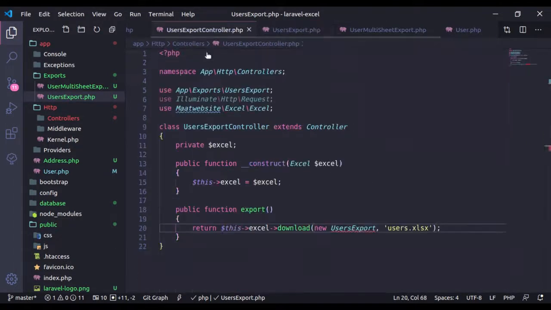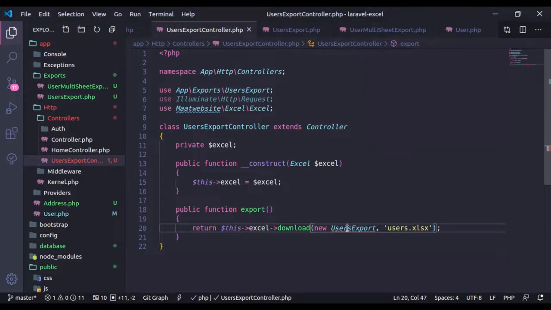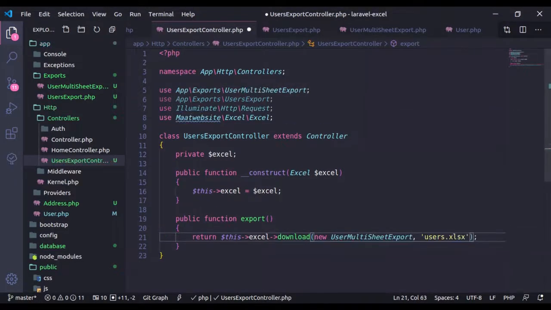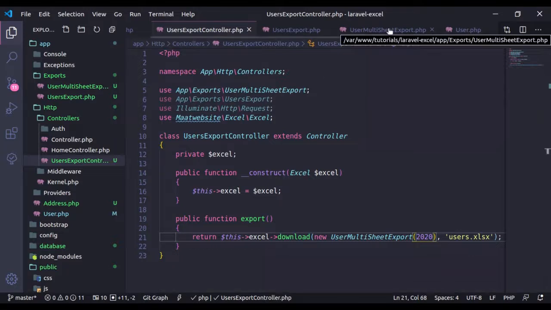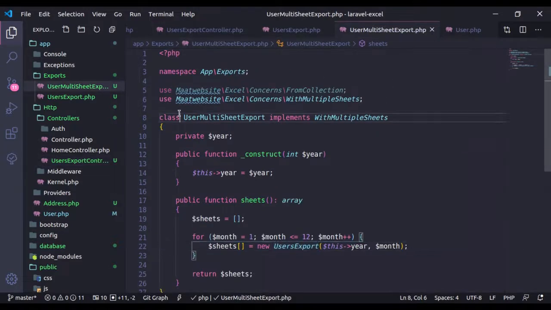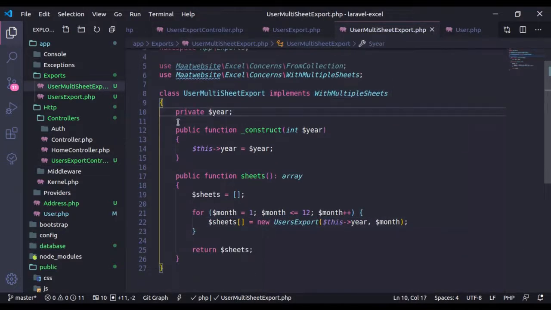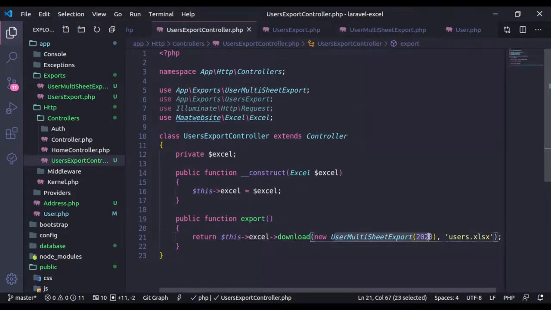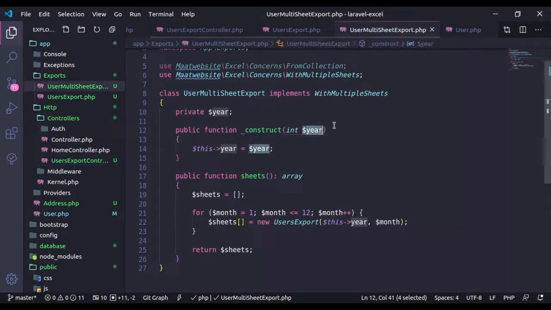Next, in the user exports controller, here I'll say download user multi-sheet export, and here I'll pass users for a particular year, let's say 2020. So let's review what we are doing here. Here we have created the user multi-sheet export, and it has a construct method that is going to accept the year which we have passed right here, 2020,